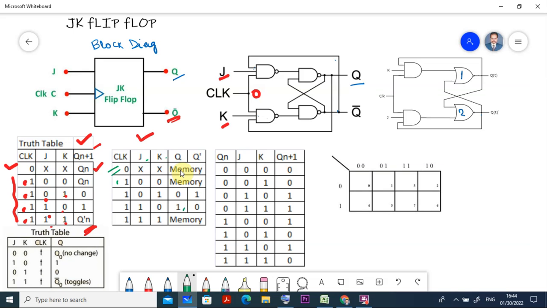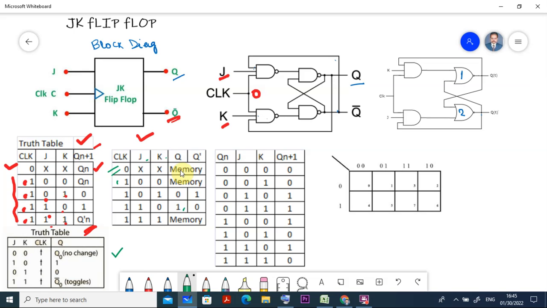Now, in a generalized truth table, you can see it here at the bottom. I have given it here. If you check it here, when J, K both are 0, and this is the clock, the upward direction, when it is on, clock is 1. If it is the downward direction, clock is equal to 0. In the downward direction, when clock is 0, I am not taking these cases, because only the previous state will be there.